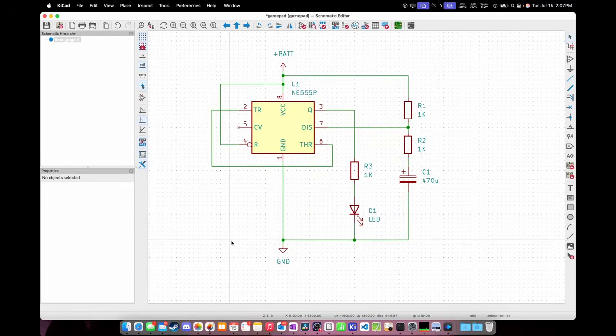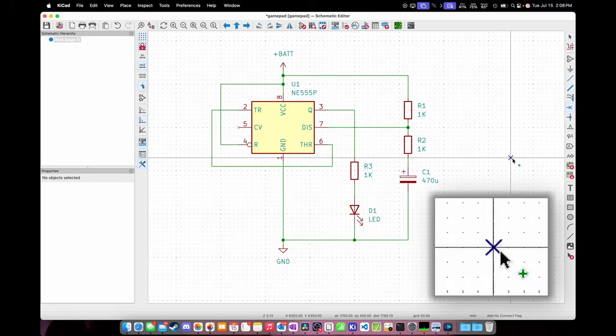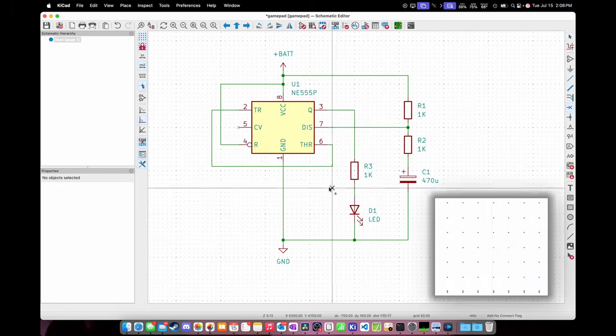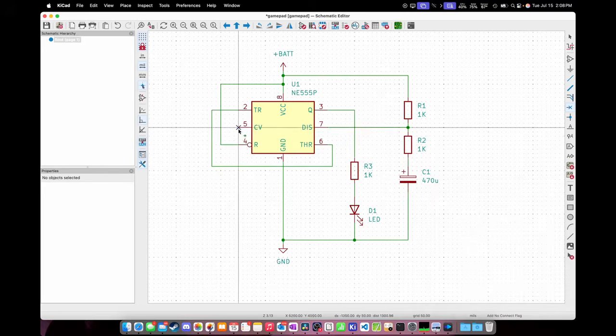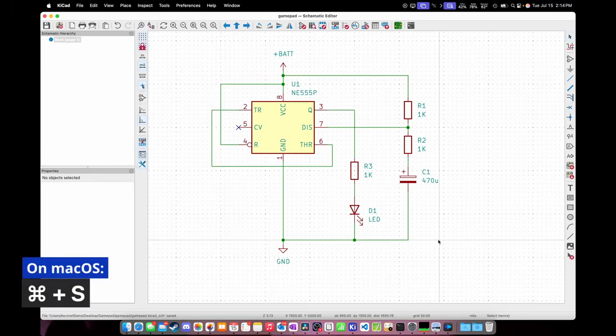The very last thing we have to do in this video is handle this CV pin here, pin number 5. Now this pin is not going to be connected to the circuit, but we need to tell KiCad that it's not going to be connected. And to do that, you want to use this icon right here on the side. Click on that. You'll see you have a little X on your mouse cursor. Hover that right over top of the circle on the CV pin and then click. And now press escape. Now save your circuit by going to File and then Save, or pressing Ctrl S on